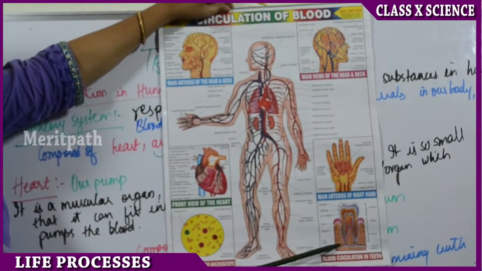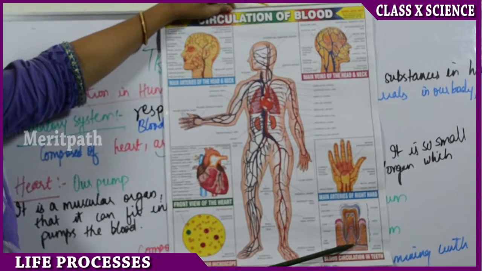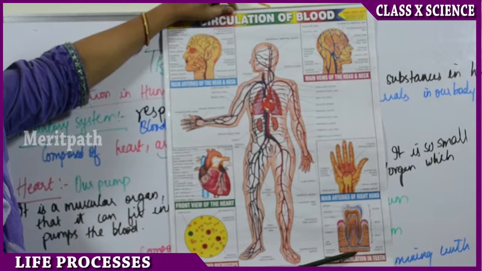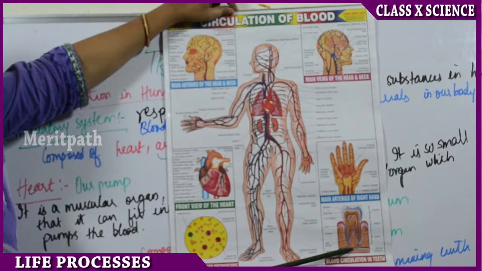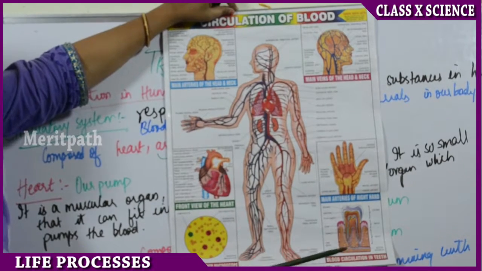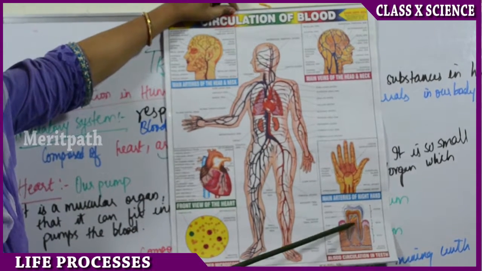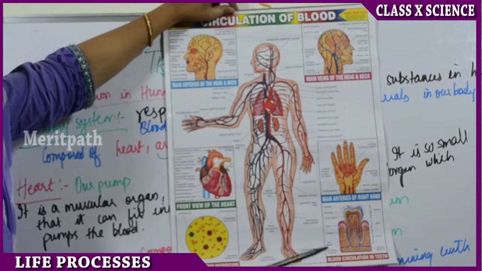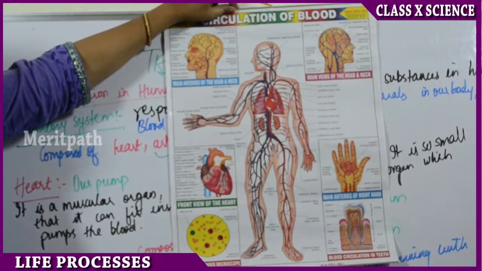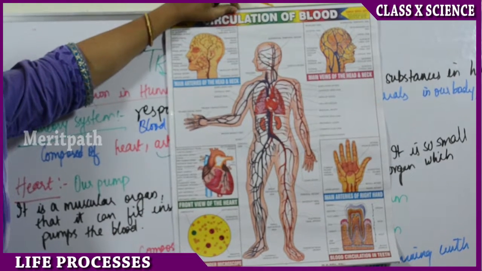And then the teeth. Below your teeth you have gums, right? These gums also have a supply of blood. There are many blood vessels which supply the blood to the gums, and these gums help the teeth to function properly. As long as there is blood supply to the teeth, the teeth are said to be alive. If the teeth are dead, if the teeth are discolored, then there